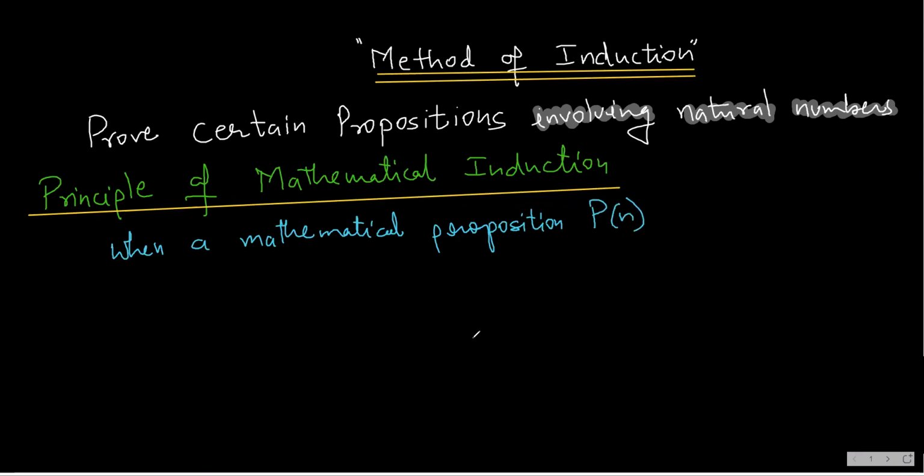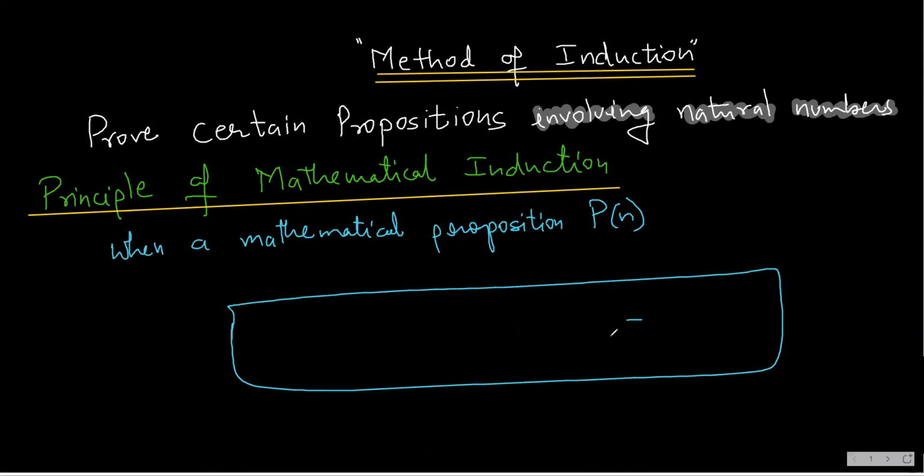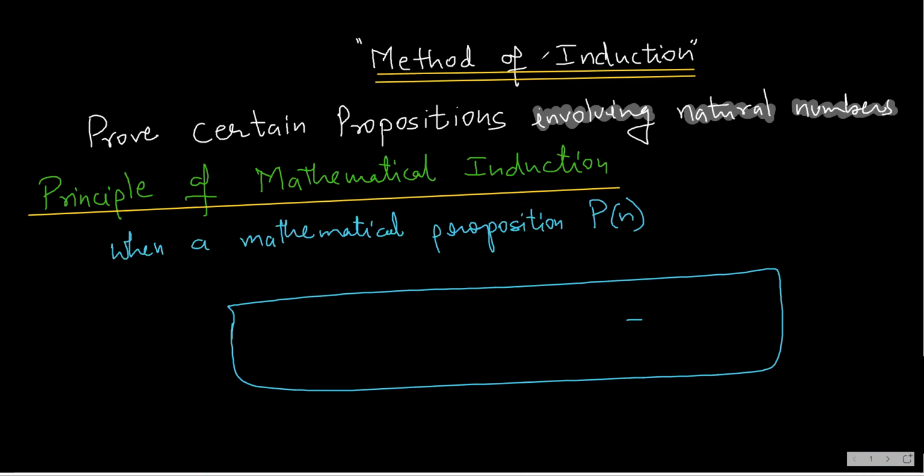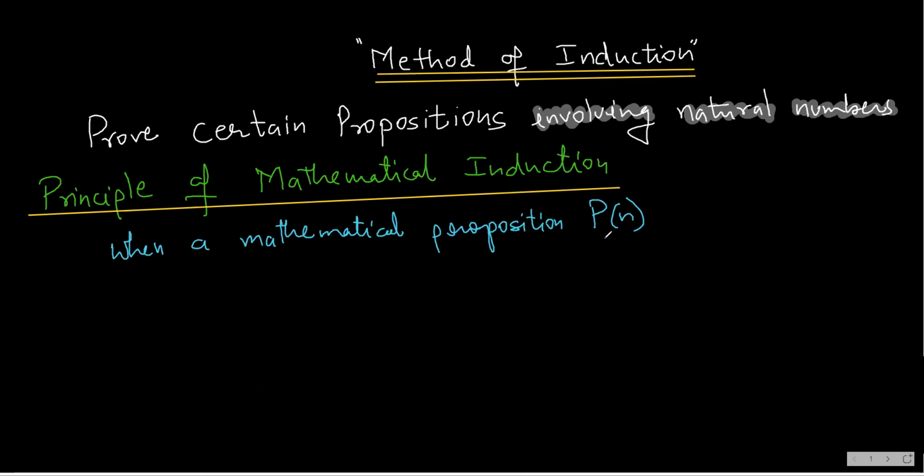You already know what a mathematical proposition is. I've already told you, a mathematical proposition is a kind of statement which will have a left hand side and also a right hand side. So when a mathematical proposition P of n is true for n equals 1